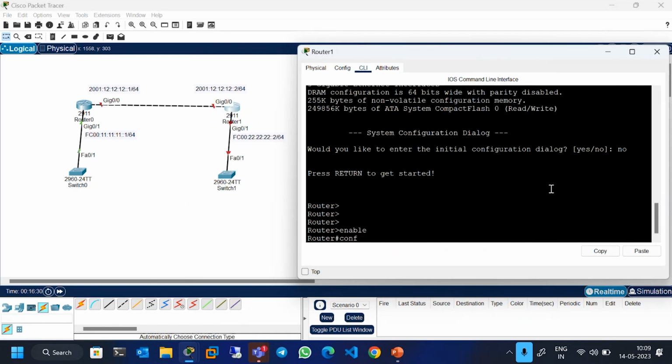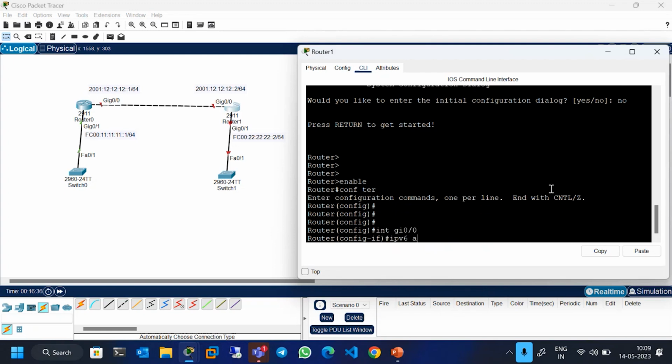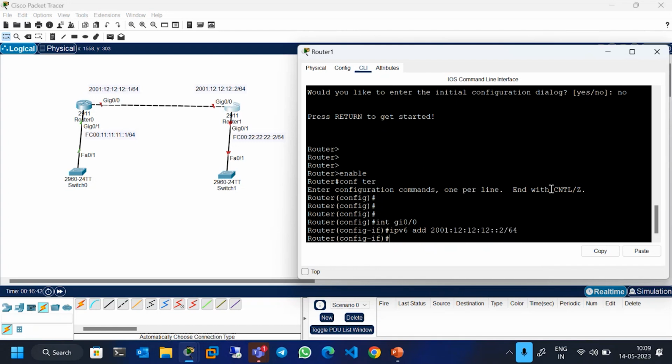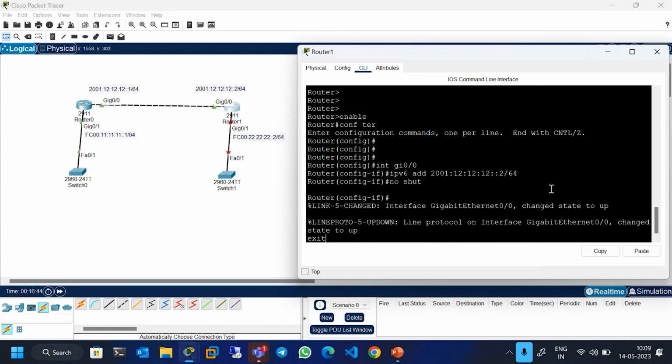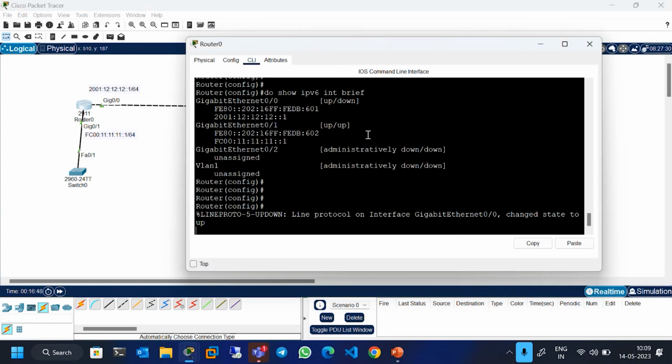Enable, configure terminal, to be in global configuration mode. I'll say interface gig0/0 having IPv6 address of 2001:12:12:12::2/64. And now I'll say no shutdown. Now you can see the interface is in the up state, and if you verify on the previous device,